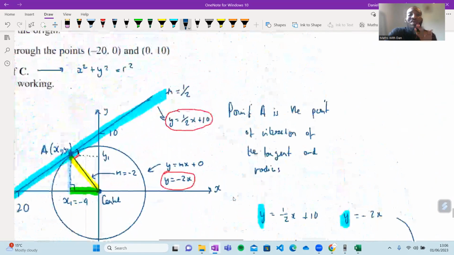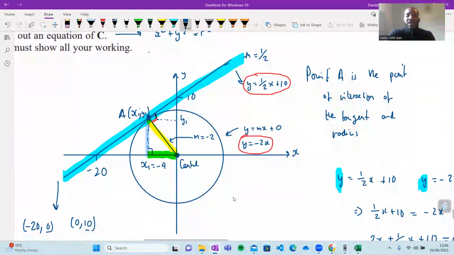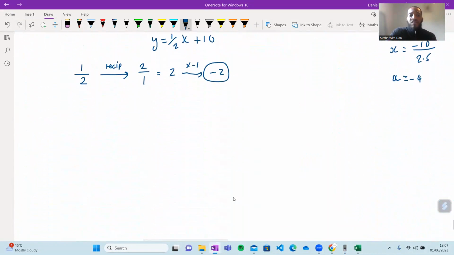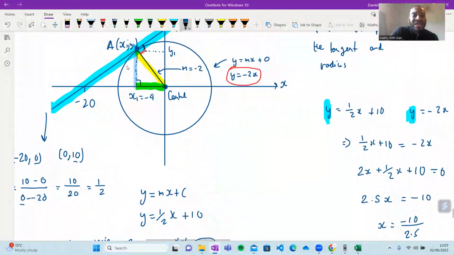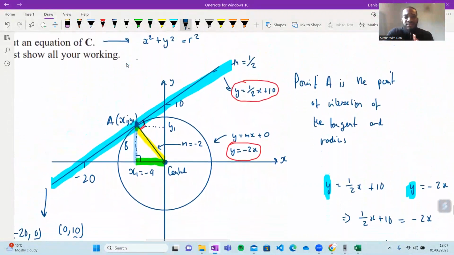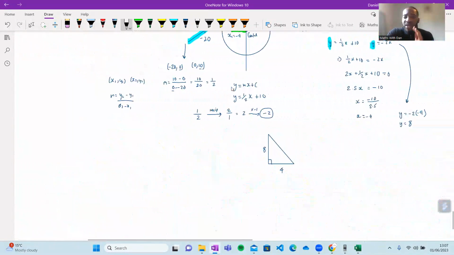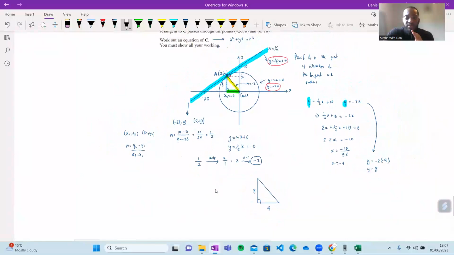Now, why is this helpful? We now know the point of intersection, A. What was the whole point of it? Remember, the x coordinate is the base of that right-angle triangle, and the y coordinate is the height. So if I draw that right-angle triangle again, like that, we now know the base of it: because it's minus 4 to the left, the base is just going to be 4. The height of it is going to be 8, isn't it? Because we have a minus 4 here and an 8 here. Is that clear, guys? I'm just going to wait for anybody to say yes or no. Let me just zoom out so you can see everything, and we're going to round up.